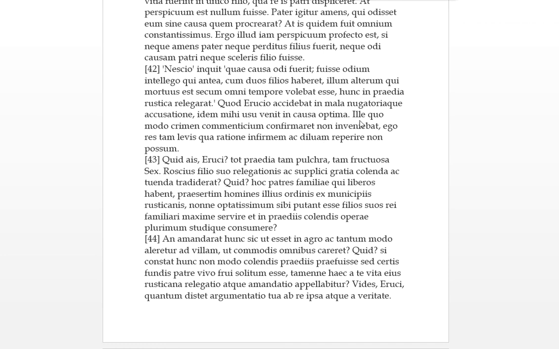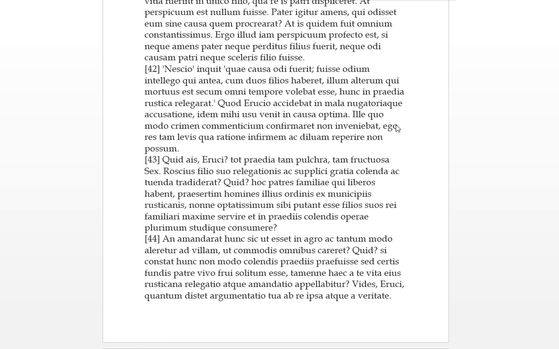Ille, so he, this is the lawyer for the bringing the accusation, quo modo crimen commenticium confirmaret non inveniebat. So, he has not found. Confirmaret just basically means any way of strengthening. This commenticium is the forgery or false. Crimen is the accusation. So he's not found a way that he can strengthen this fictitious allegation, quo modo,